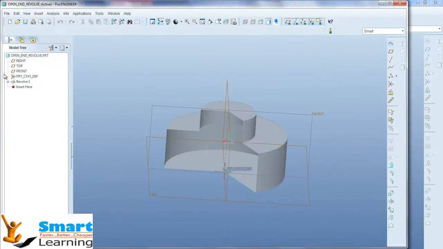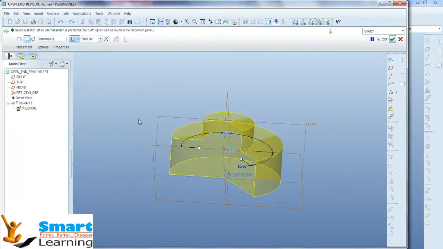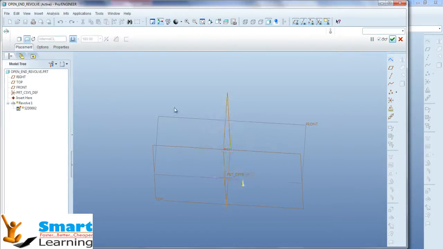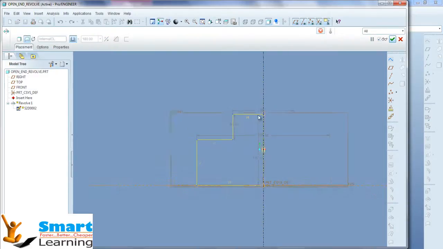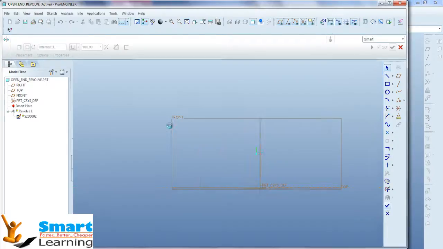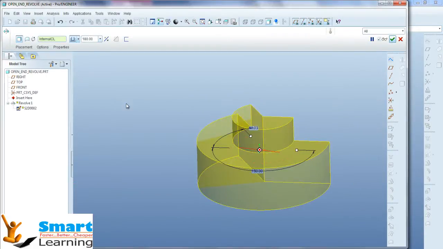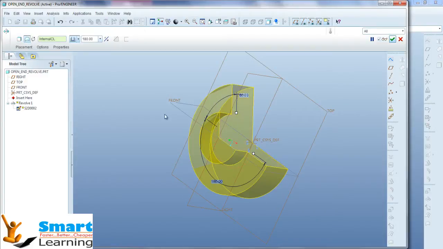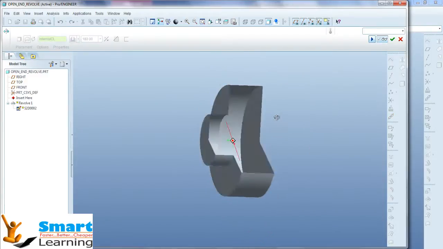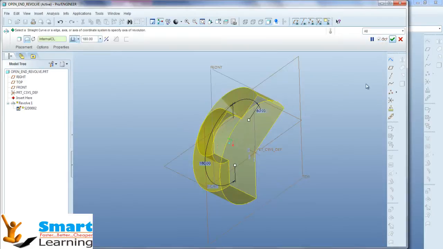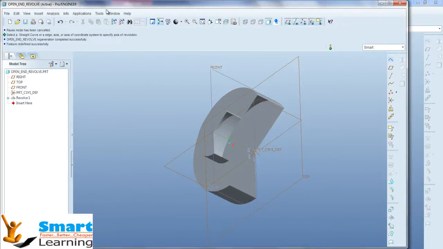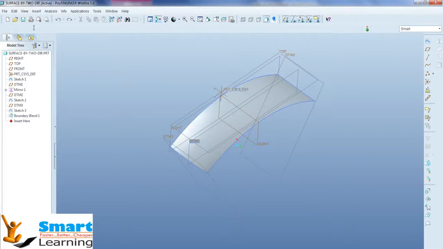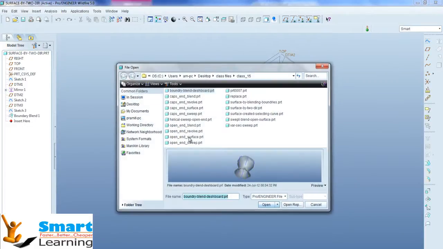If you see the revolve, we have a cross section which you can see. There is a cross section, and if I select the solid and see the preview, this is the solid, but if you go to surface, an open-ended revolve profile will be created. So this is valid for sweep as well. If you see the cap end type of profile,